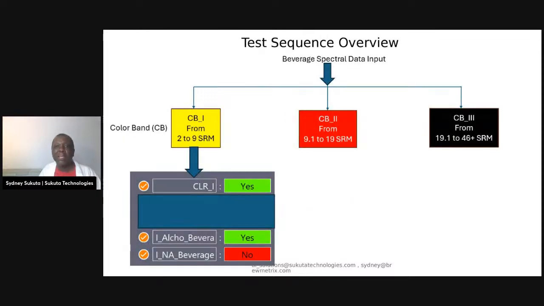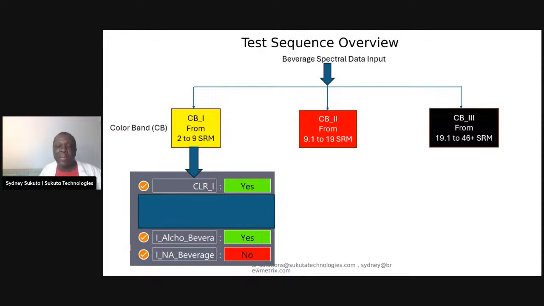So when we run the samples, the first thing we do is determine the color band, as I explained already. It's going to be either of these. The ones I'm going to show you are in this category, the more pale, yellow, orange looking. You're going to see it say CLR1, as you see here, which means color 1. Then we check. I'm going to show an example where we want to check if a beer is non-alcoholic or has alcohol in it.